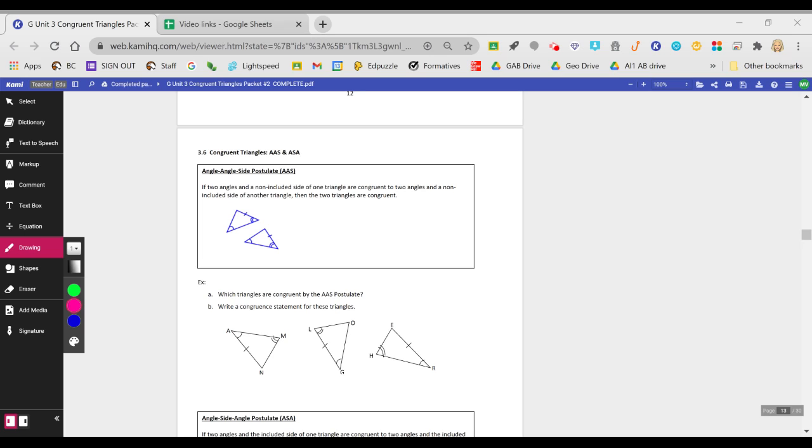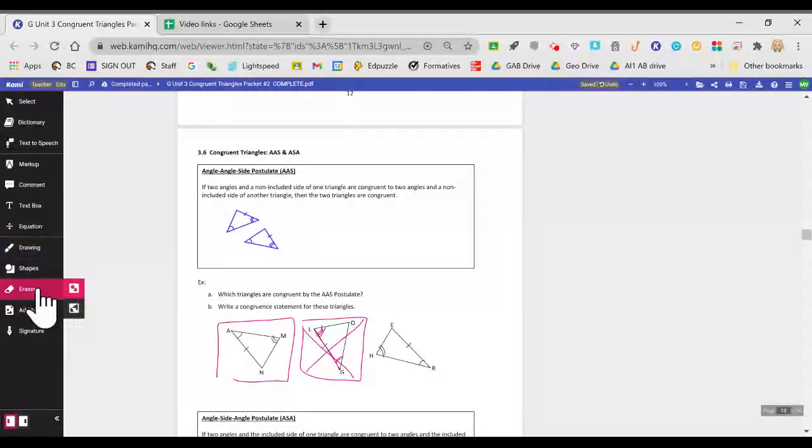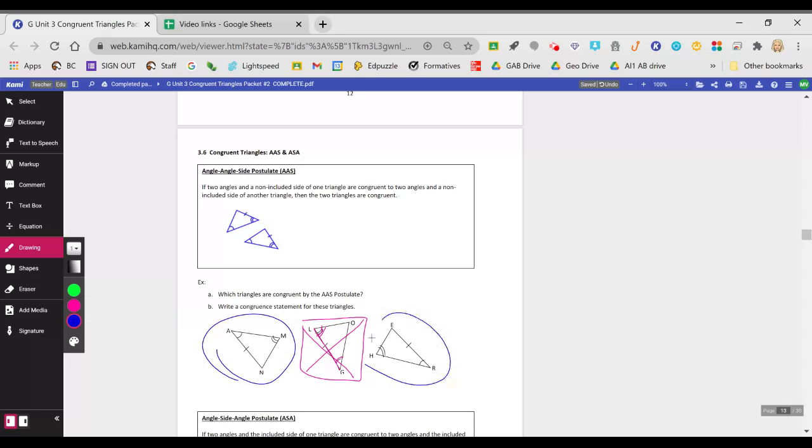So if I look at these, this triangle right here, the side that I know has the two angles on the end. Therefore, that is an included side. So that cannot be proven using angle, angle, side. The other two that I have can. So I should box that because that looks like the other one. So I'm going to say that these two blue ones can be proven, and therefore it would be triangle